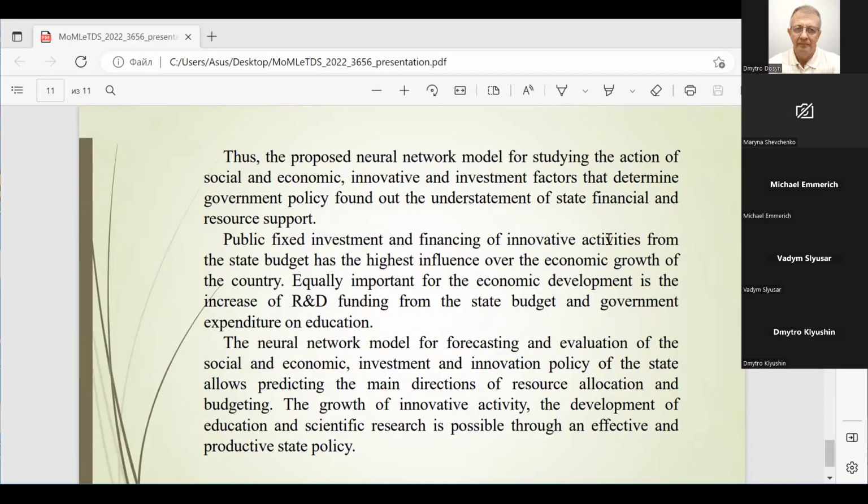So thus, the proposed neural network model for studying the action of social and economic innovative investment factors that determine government policy found out the understatement of state financial and resource support. Public fixed investment and financing of innovative activities from the state budget has the highest influence over economic growth of the country. Equally important for the economic development is the increase of R&D funding from the state budget and government